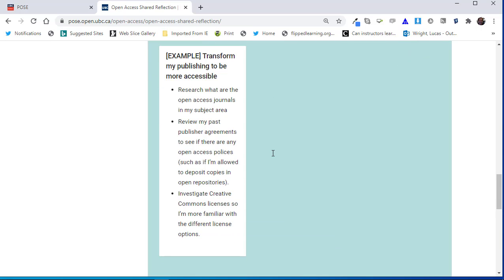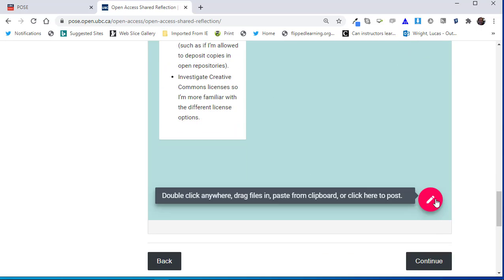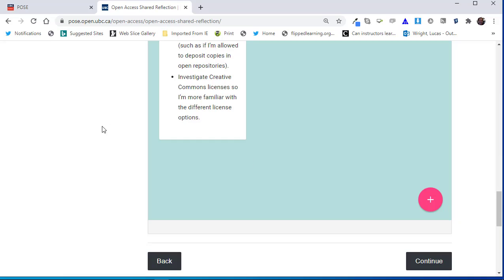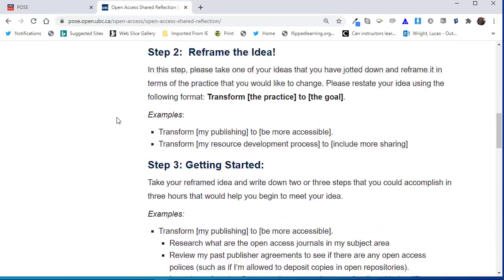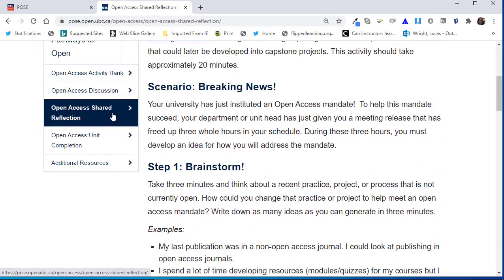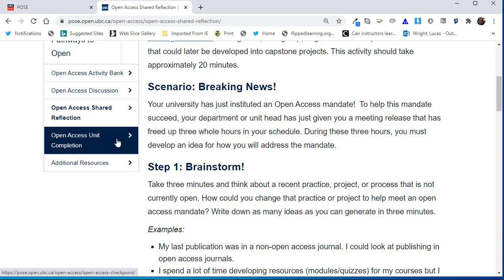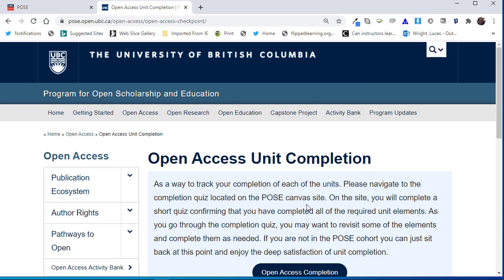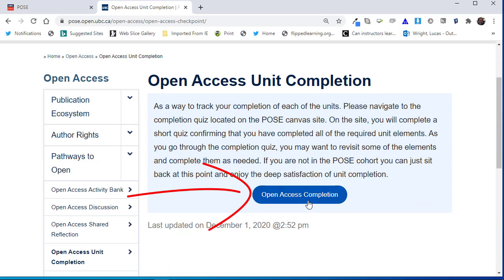And for each of these activities, you'll be sharing below using the Padlet. Again, keeping in mind that these shares are open shares, so you are going to be in the open when you're doing them. And finally, once you've come to the very end of the module, you'll click on Open Access